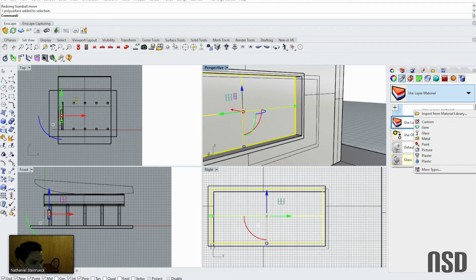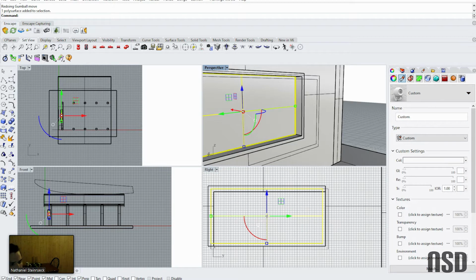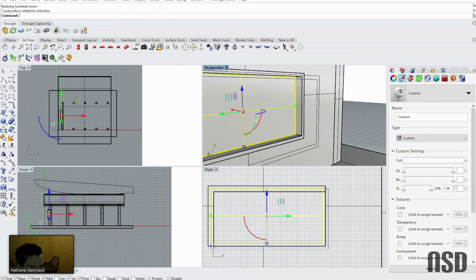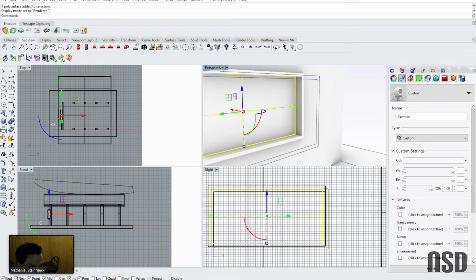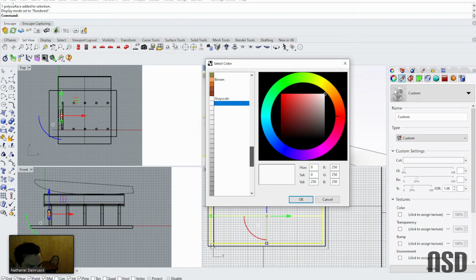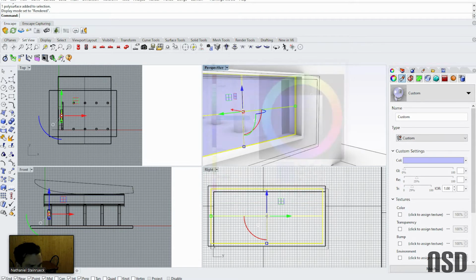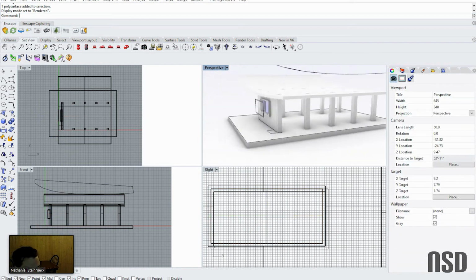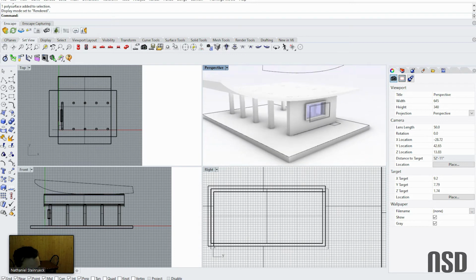So I like to just use the custom, and then I can set it to whatever I want. I just have more flexibility there. I can give it more transparency, or give it an image or reflectivity, depending on what type of style you are going for. Okay, so that's the frame, basically extruding curves up into columns,